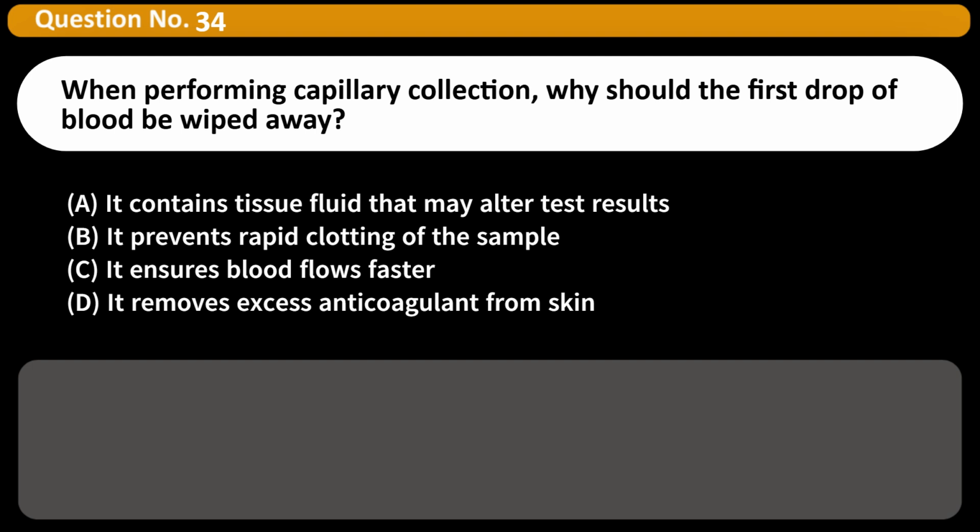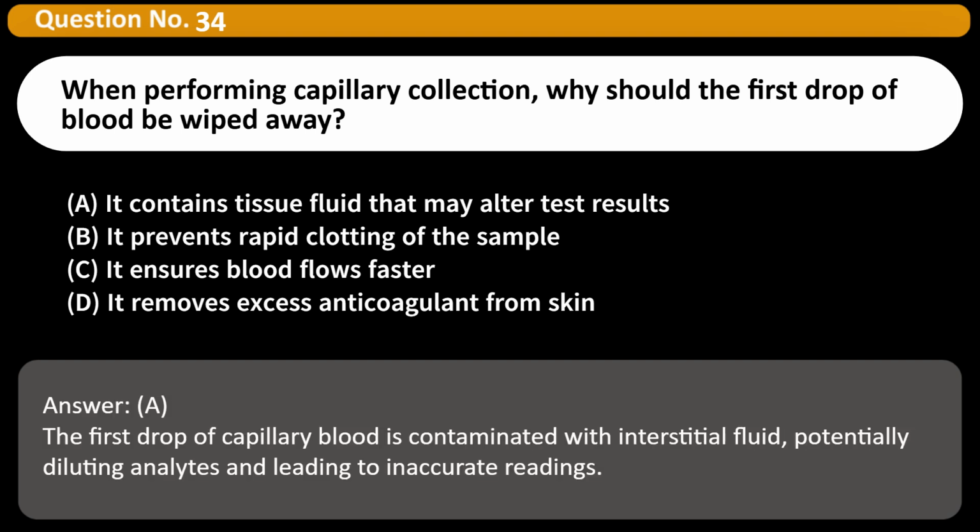B. It prevents rapid clotting of the sample. C. It ensures blood flows faster. D. It removes excess anticoagulant from skin. Answer: A. The first drop of capillary blood is contaminated with interstitial fluid, potentially diluting analytes and leading to inaccurate